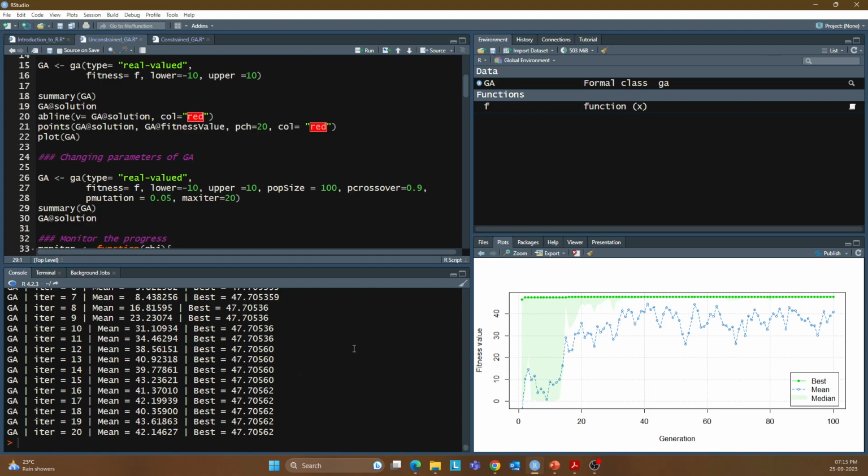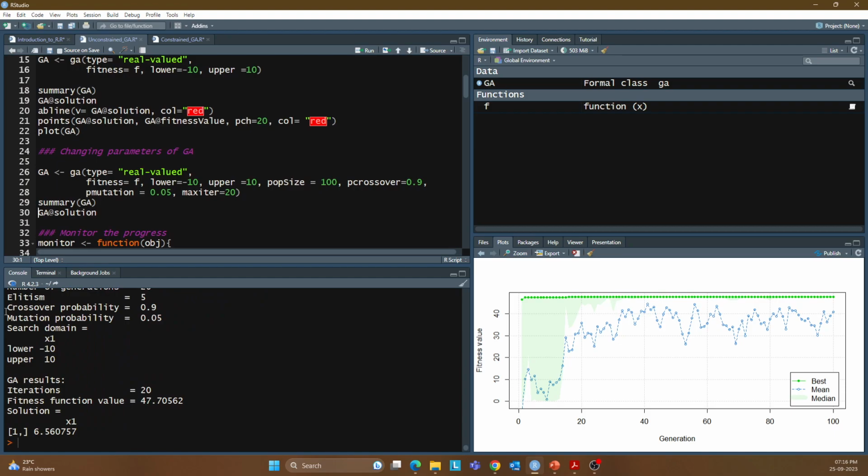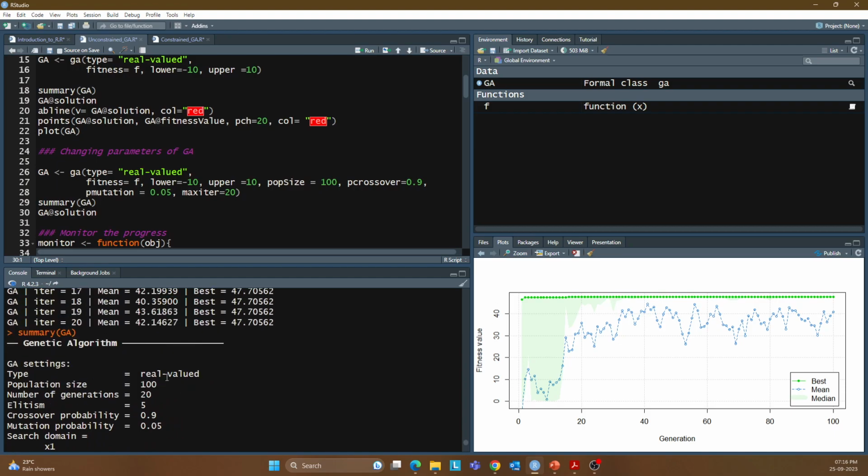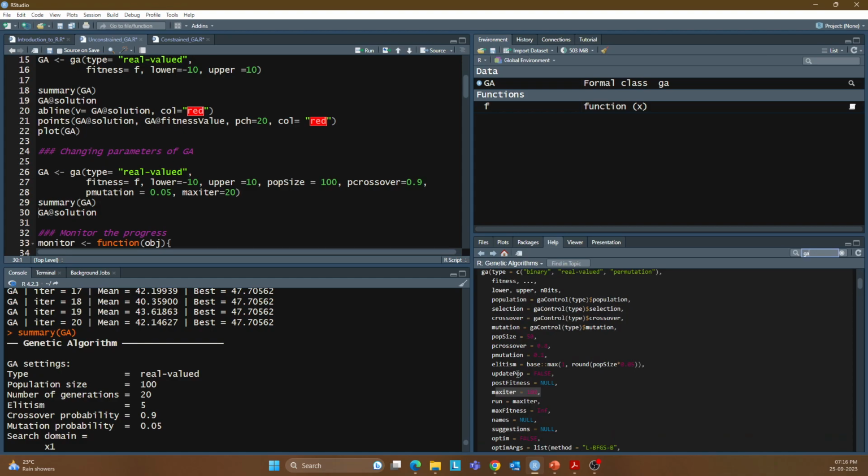Okay, so even after running for 20 iterations, we are getting a very good solution for this problem. So let us see the summary of the GA. We can see in the summary that the population size is 100, number of generations is 20, and elitism is 5 because 0.05 times 100, since we have given the population size as 100, right? And in the function elitism is given as